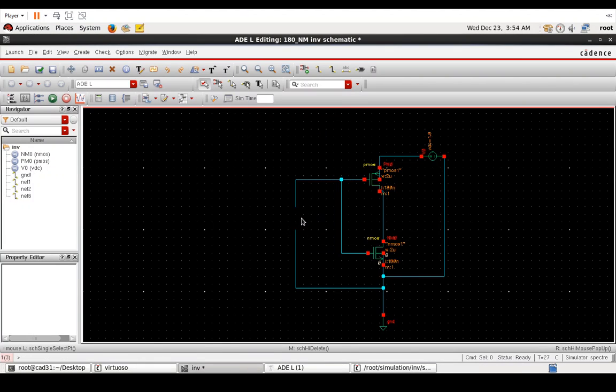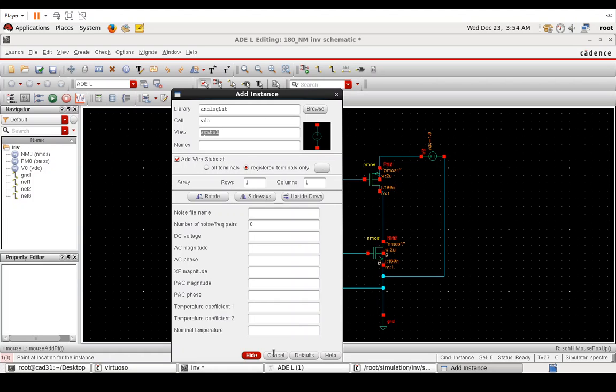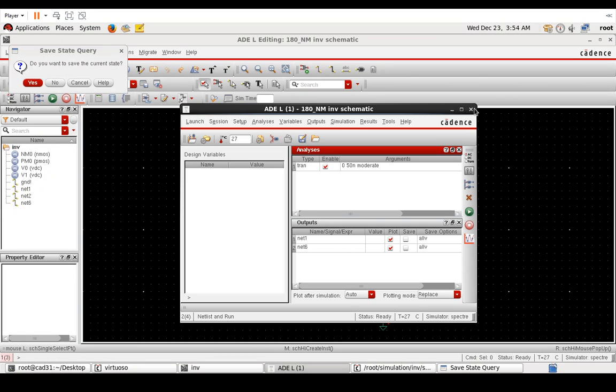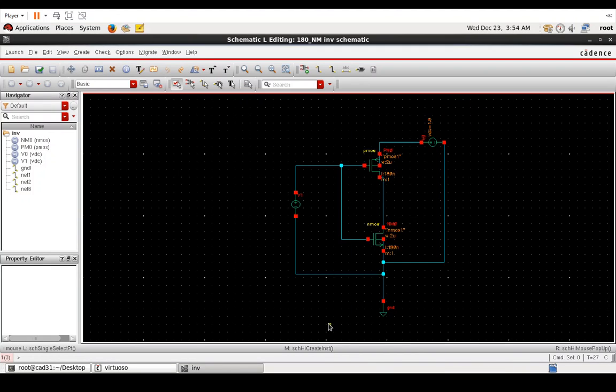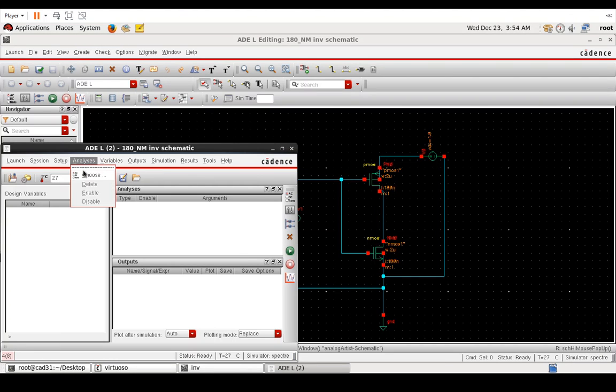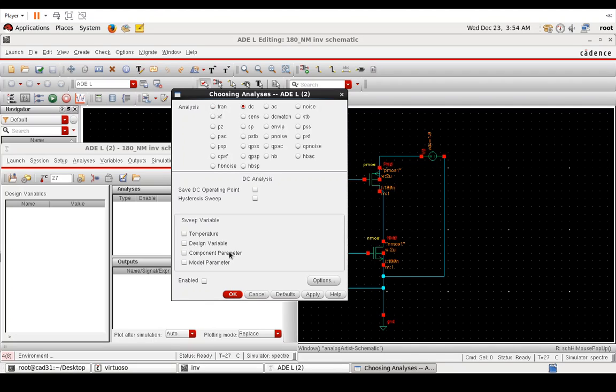Remove this and insert another VDC. Okay, check and save, and let's close this and start a fresh window for the simulation. Check and save, no problems. Launch ADEL, analysis, choose. Okay, so DC analysis, this is the DC analysis, and the way it is set up